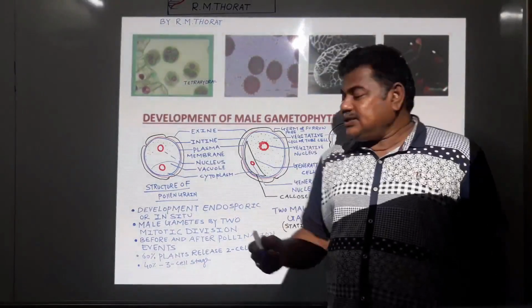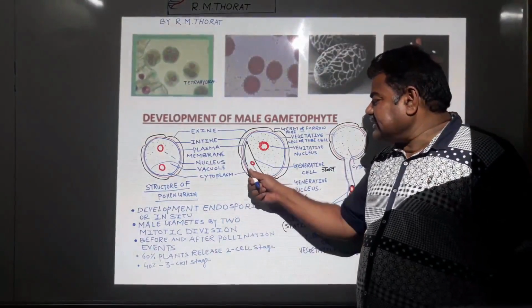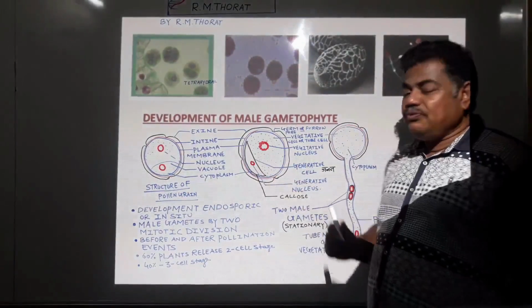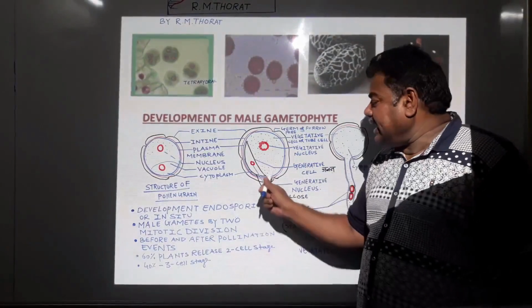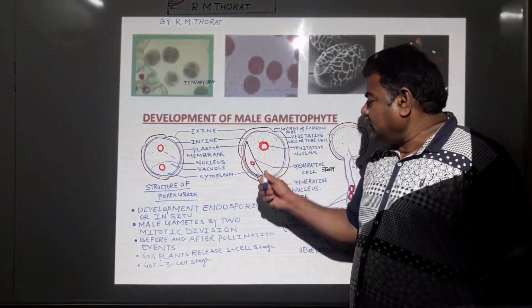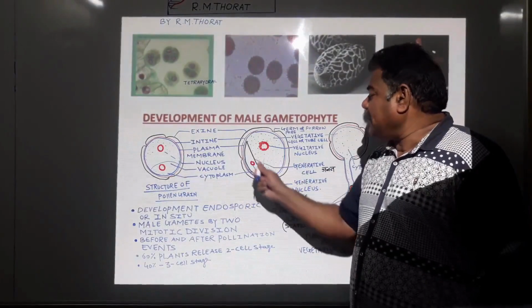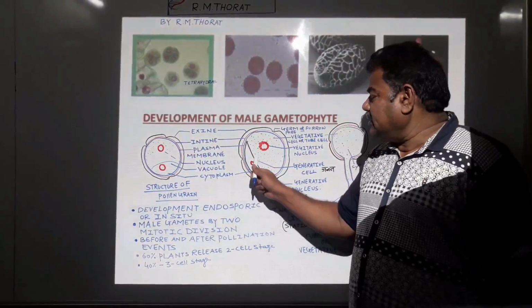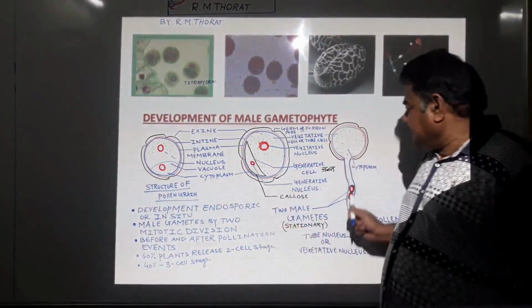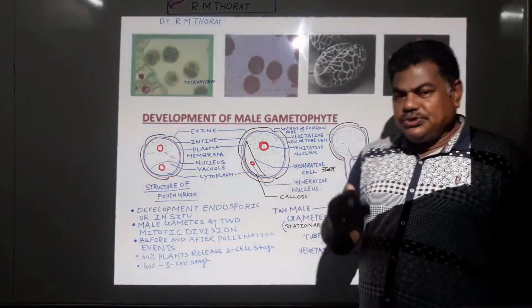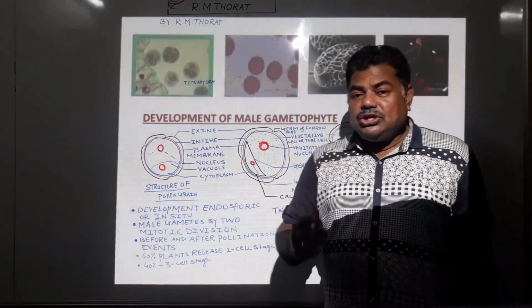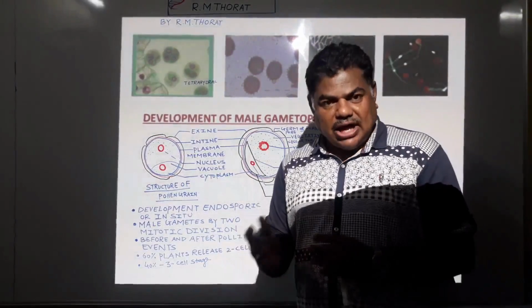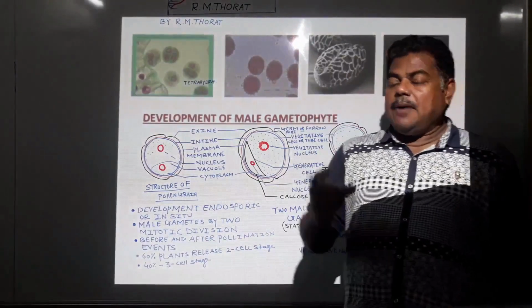In the next stage, this generative cell separates from the plasma membrane due to this material, callose, and it floats in the cytoplasm of the vegetative cell or bigger cell, and due to which it forms two male gametes here. Now see here, in the majority of plants, in 60% of angiospermic plants, pollen grains,